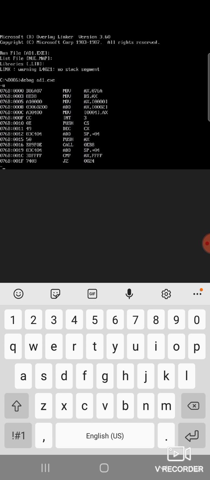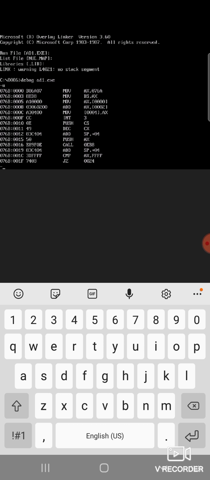Along with that, you will get the machine code and the addresses of the code segment where your program is stored. When you wrote your program, only the instructions in the code segment have machine codes. When you unassemble the program, it shows the machine codes for the instructions in the code segment alone. In the code segment you wrote the instructions from move ax comma data, move ds comma ax. Those instructions are here.